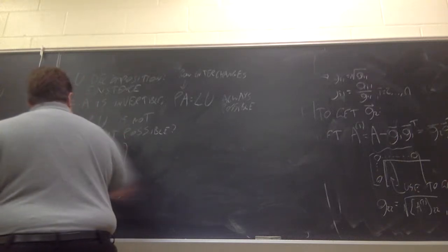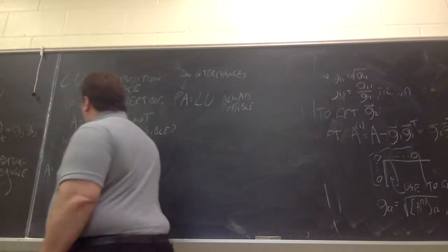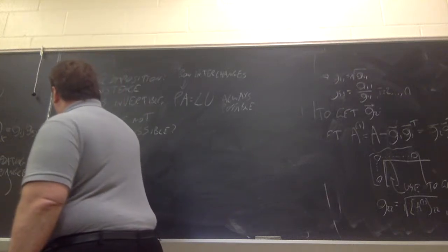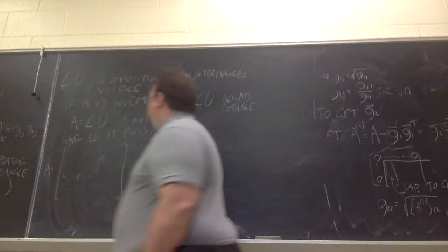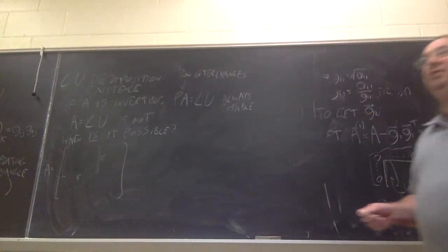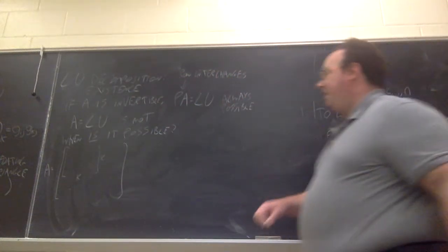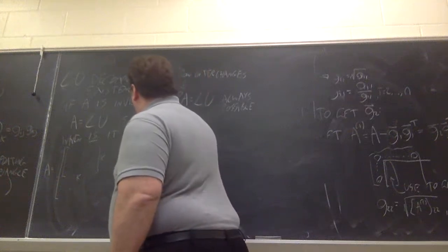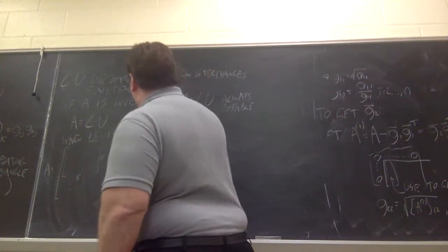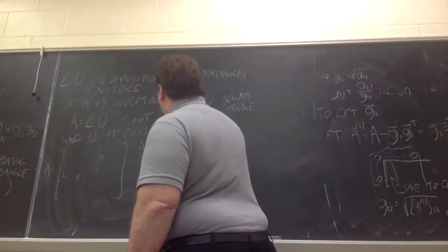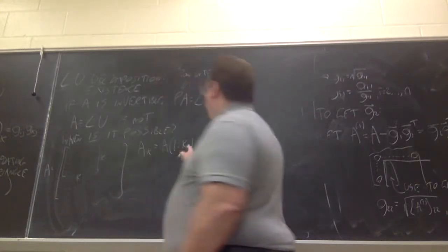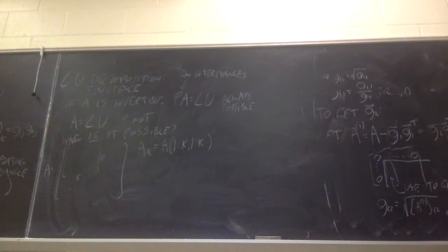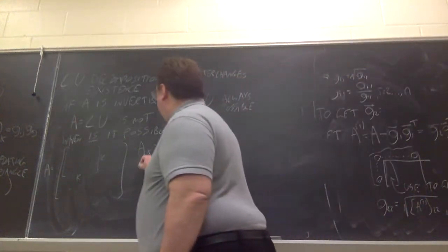In my matrix A, suppose I take the first k rows and columns, the upper left block, that's k by k. I'll call that A_k, which in MATLAB syntax, you specify a range of rows and columns, 1 to k, 1 to k. And this is called a leading